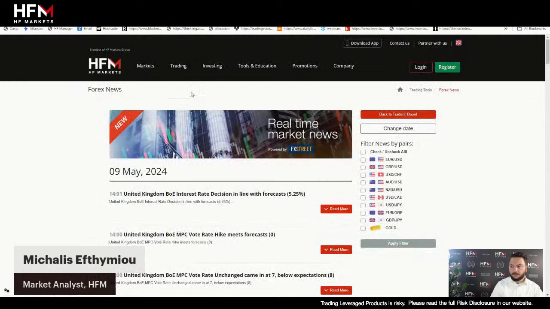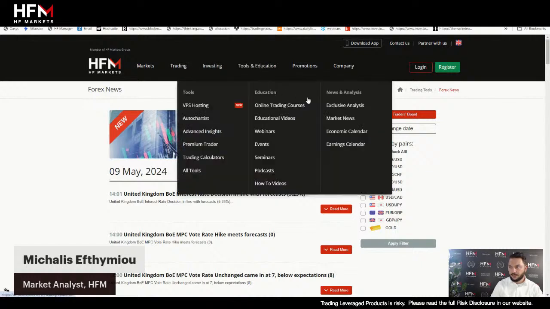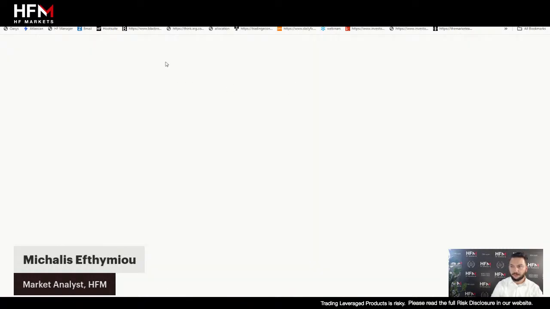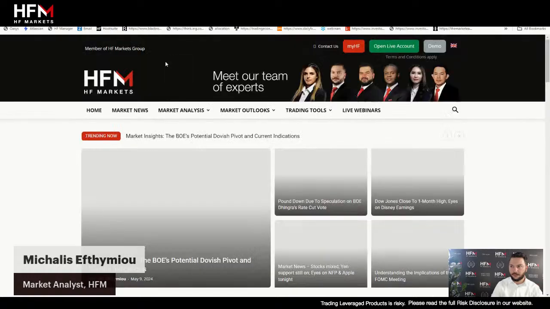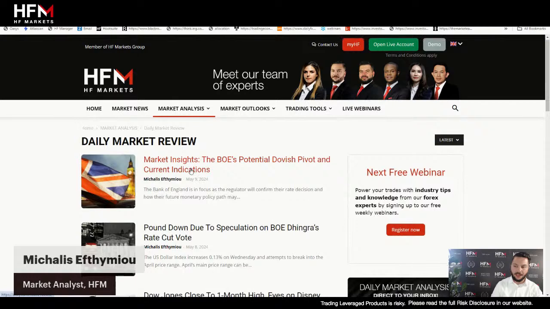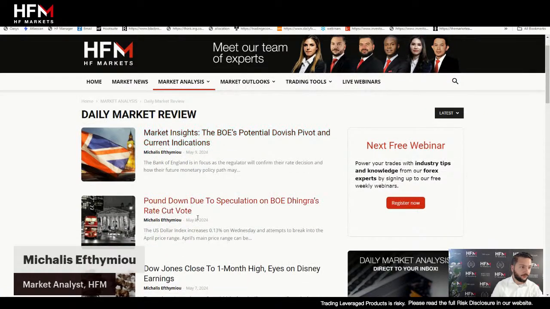There we go. And if you go to our analysis, what you will see, if you go to daily analysis, is that we've had two analyses over the past 2 days. And over the past 2 days, we have informed individuals why potentially the pound may decline, why potentially the Bank of England may give indications of a sooner rather than later interest rate cut.